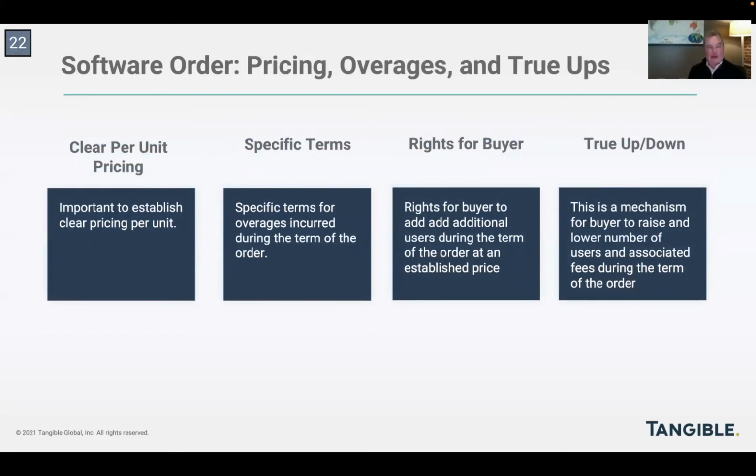Concepts that are very closely related to Alex's discussion in the previous slide: once you know how usage is defined, then you're going to know how to pay for that usage. So it's really important in software orders, and it can be very complex to get this done. It's really important in software orders to get clear per unit pricing, or whatever the vendor's pricing strategy might be. Generally speaking, the client is not going to have a whole lot of influence over the vendor structure.